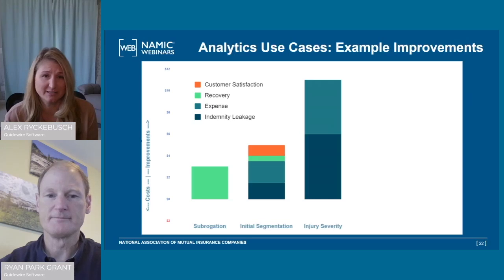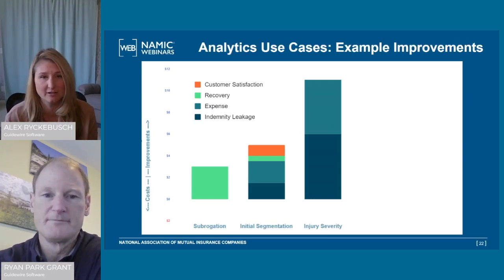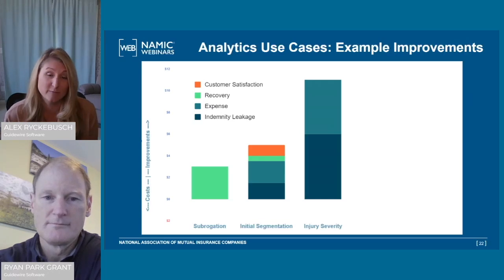And to give a quick example, a commercial carrier using a claim severity escalation solution gave us some feedback that they were able to estimate about an 8 to 9% reduction in average severity. They were able to decrease the average claim age by 30 days. And what they found was there were fewer handoffs among the adjusters. They were able to lower the loss adjustment expense, and there were fewer mistakes happening in the process. So just some feedback on a commercial carrier going through that process to implement a use case.